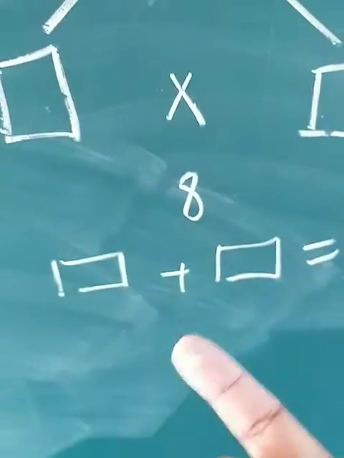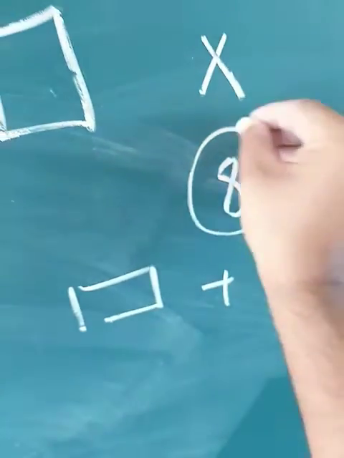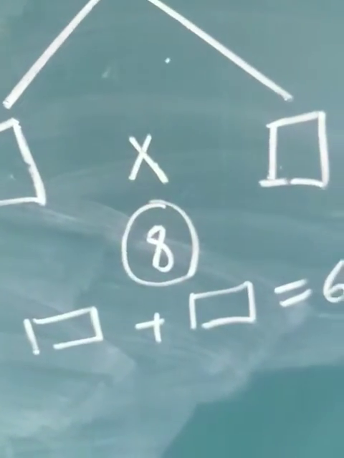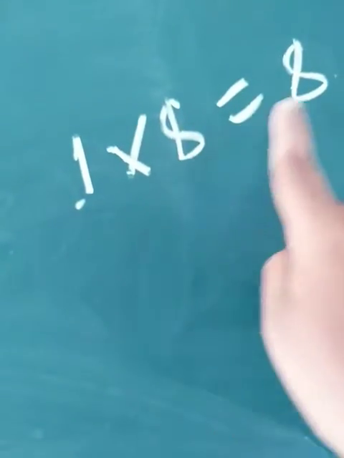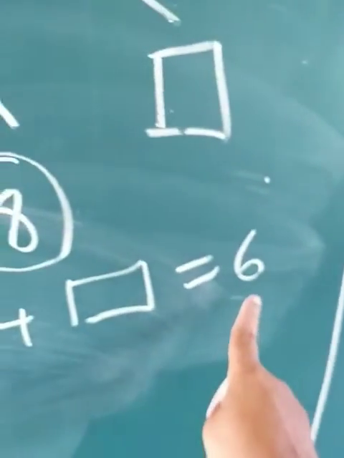Now how to get those numbers? To get those 2 numbers, you have to consider the product. You have to really see which are the 2 numbers that, when you multiply, give the product as 8. Now let's start. We'll start with 8. 1 into 8 is what? 8, isn't it? So the product of 1 and 8 is 8. But if I add this 1 and 8, we will not get 6, isn't it?